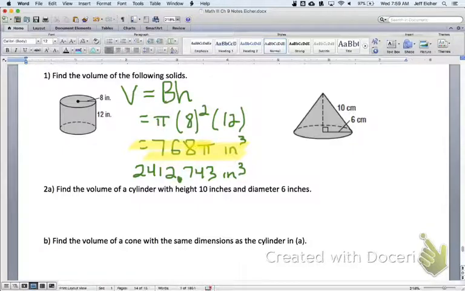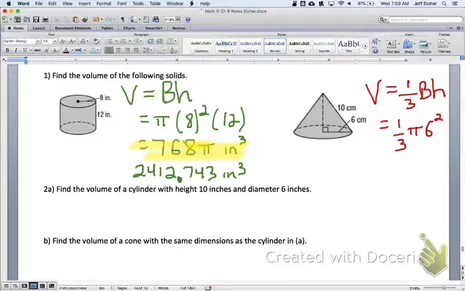So the volume of the cone is 1/3 the volume formula we just used: 1/3 the area of the base, capital B, times the height. The area of the base, again, is a circle. So we just have 1/3. The area of the base is pi r squared. That would be pi 6 squared. And then,